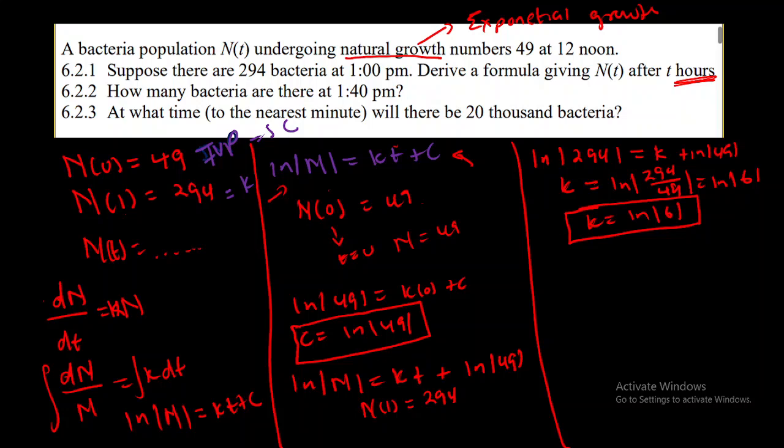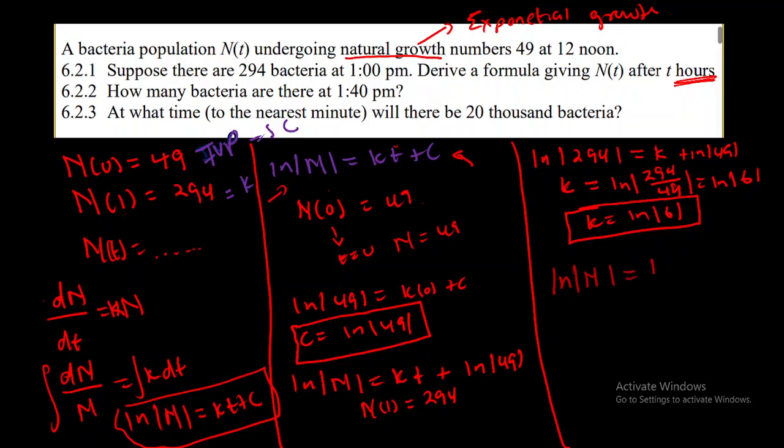So to avoid the confusion and too much complex algebra, let's use the original formula to determine N of t in terms of k and c. Then at the end we're going to substitute the value of c and k. So if we're having ln of